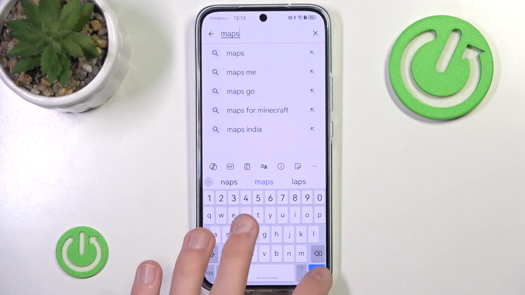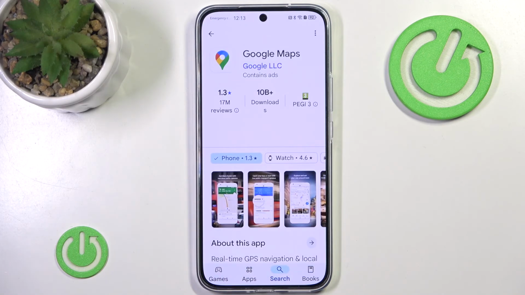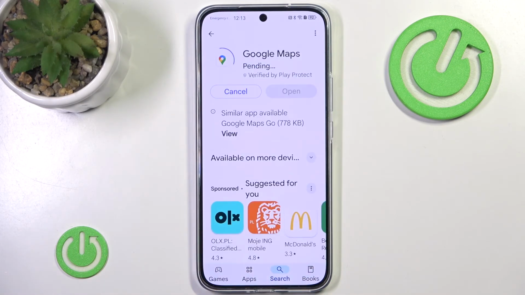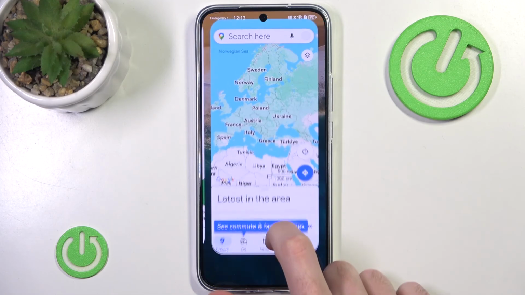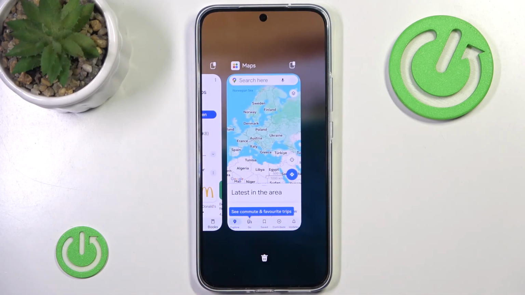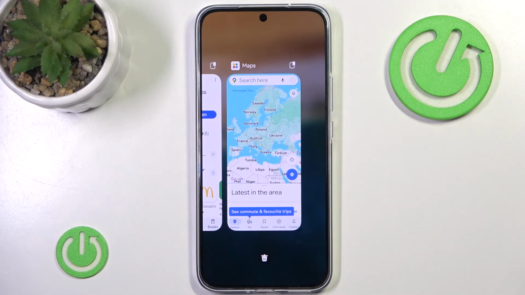After we open our GSpace, after we open the Play Store, we can just search for Google Maps, hit install, and here we are going to hit install, and then we can simply hit open. And as you can see, our Google Maps are opening, though as you can see they are not exactly maps,